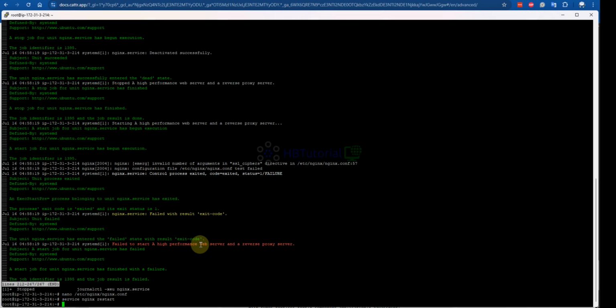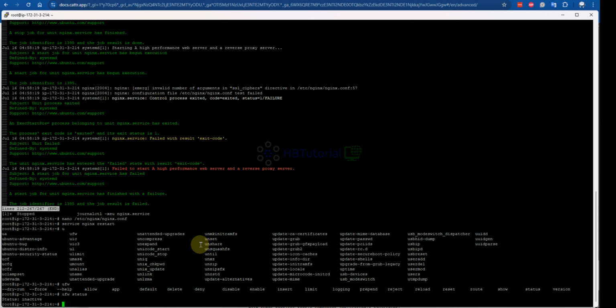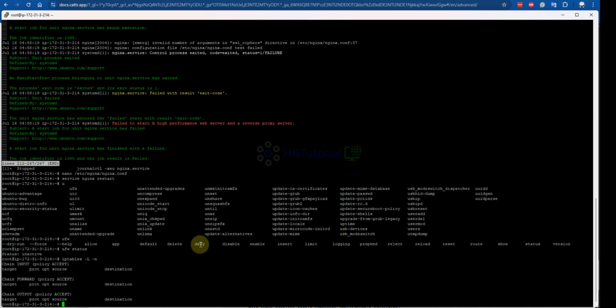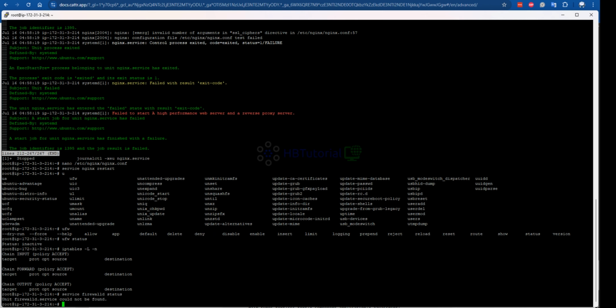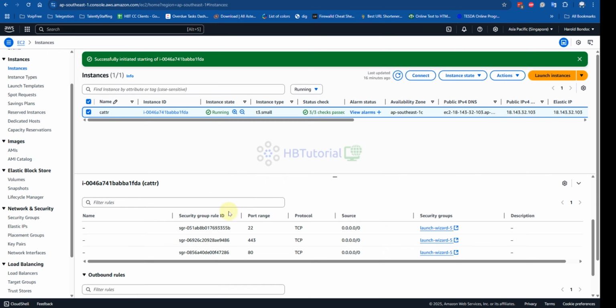Okay, check the firewall. So firewall, service firewalld status. Okay, so we need to check our security group. Security group.